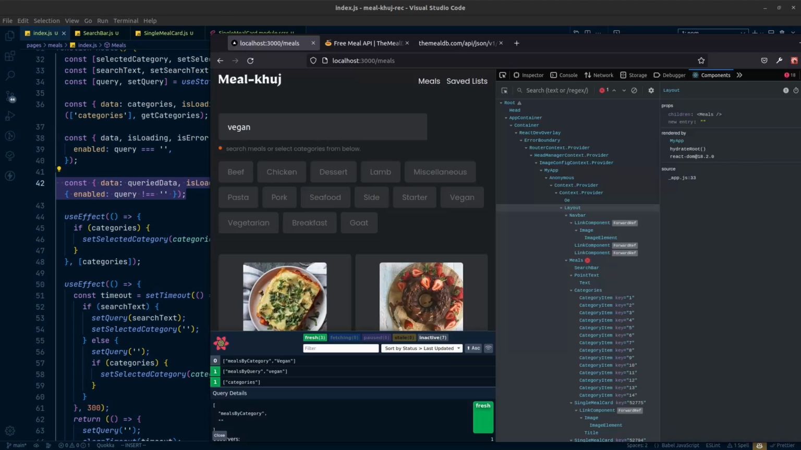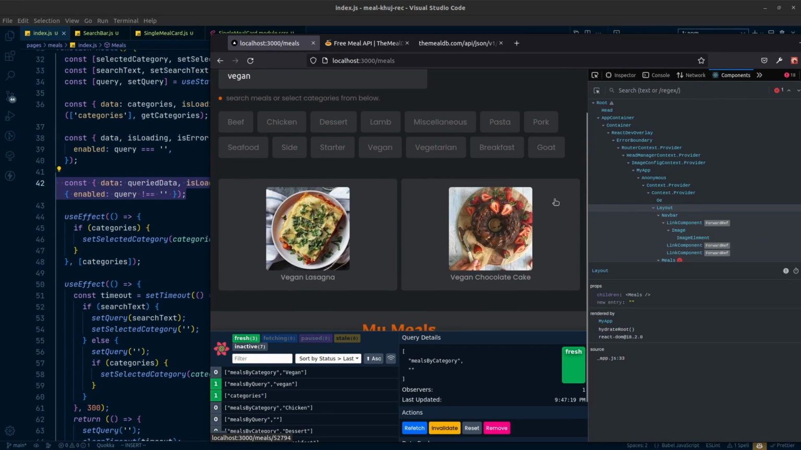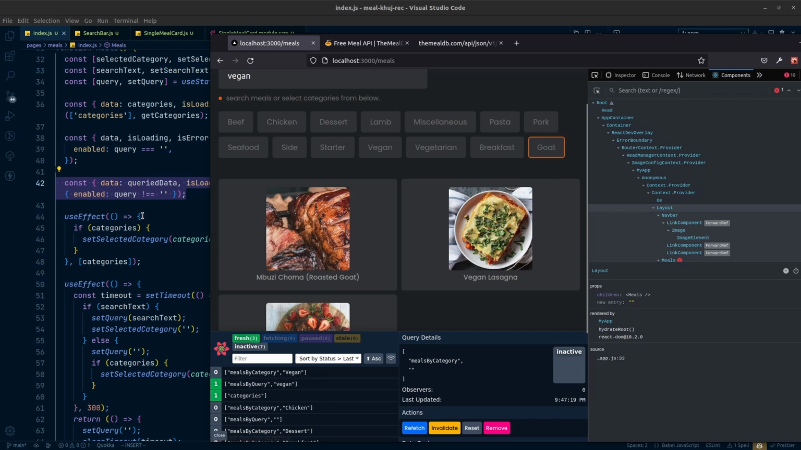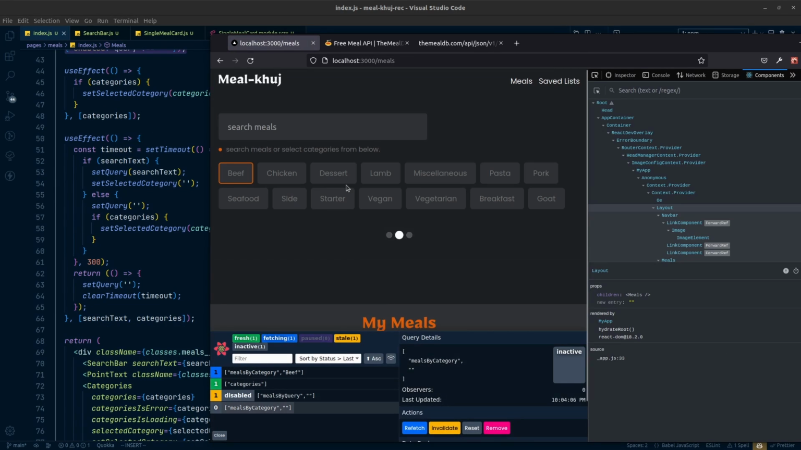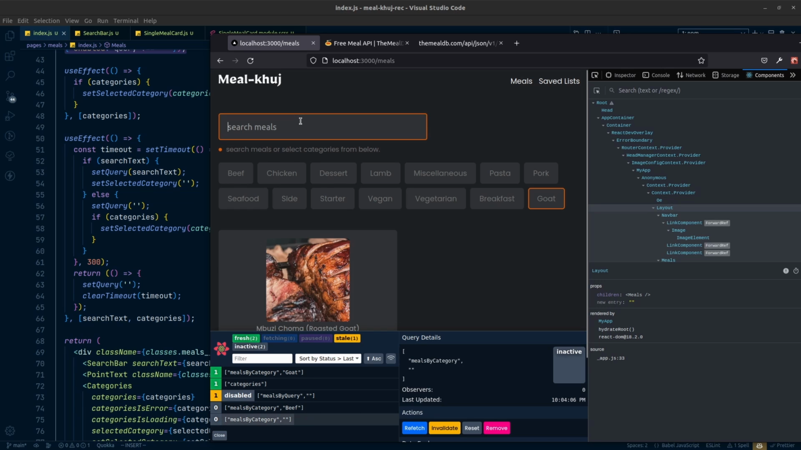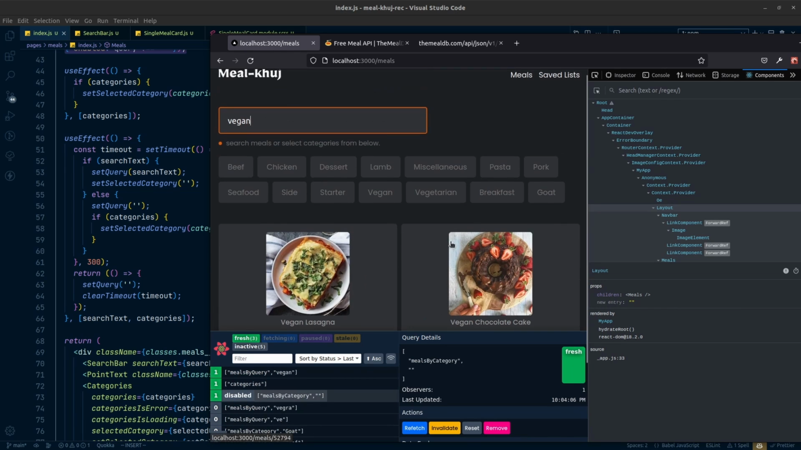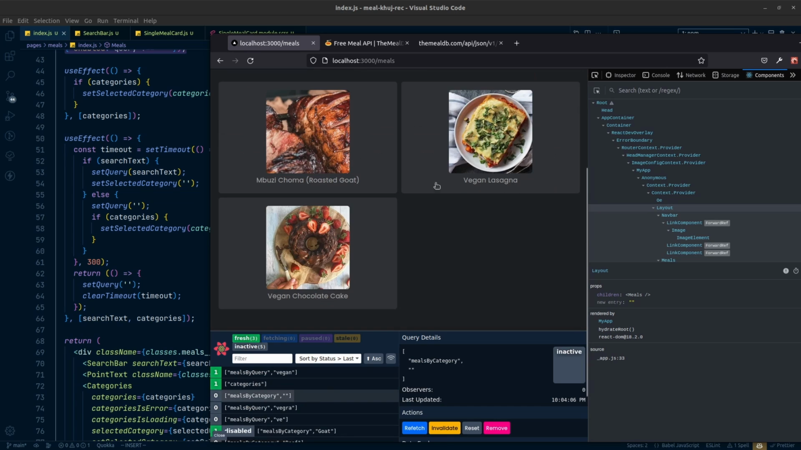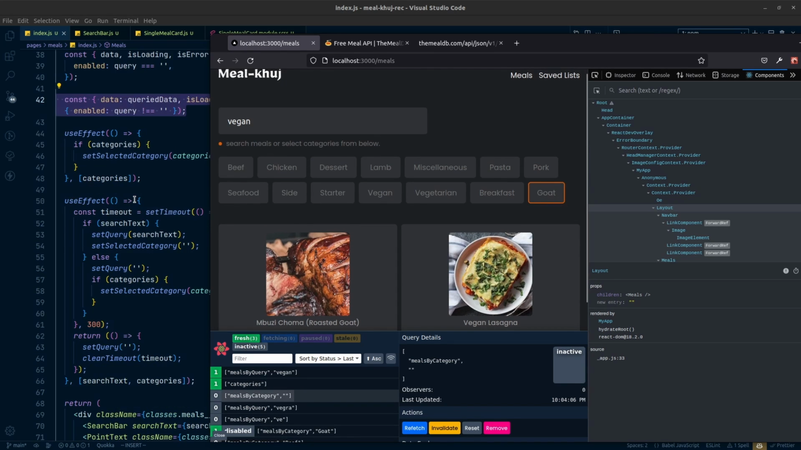So now if I come here, you can see we do not have any kind of selected category. If I actually select this one, okay, we are still having it. Let's refresh and try it one more time. Let's come here to the goat and let's search for vegan. We are having vegan, and if I come here to goat, we are still seeing the goat. So whenever we have a selected category,